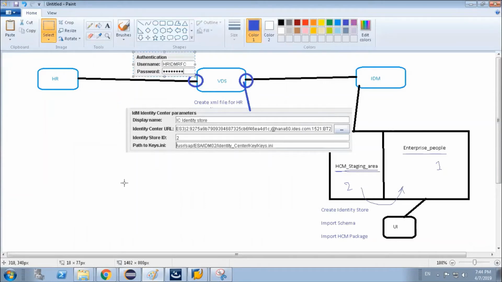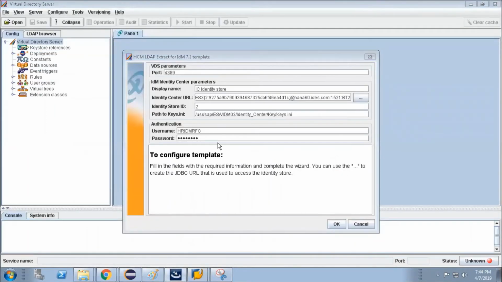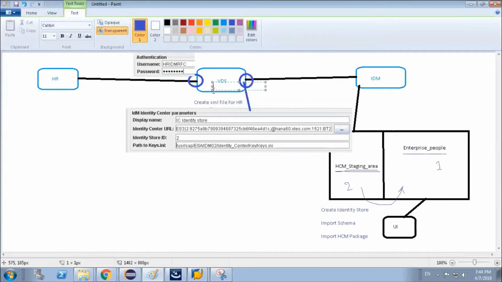Okay, and in the VDS, the port is the default port that I have maintained. It is 4389. So in order to make these connections, we are using a port called 4389.